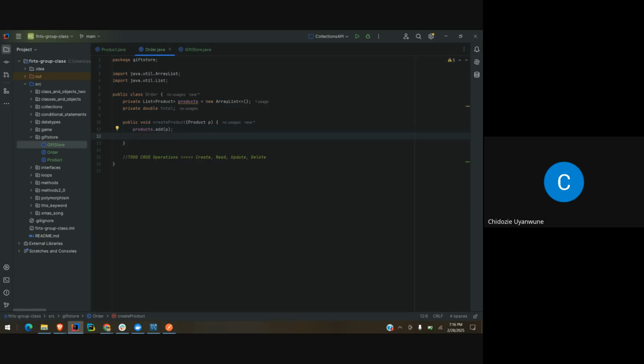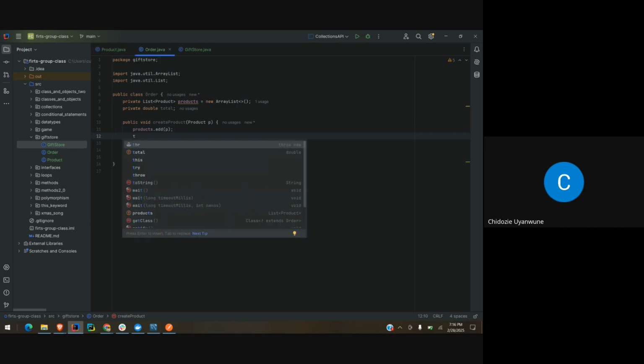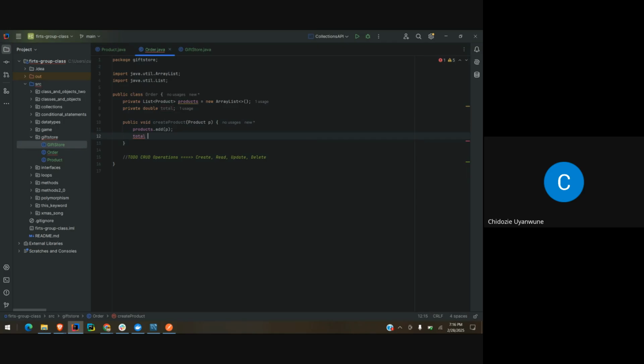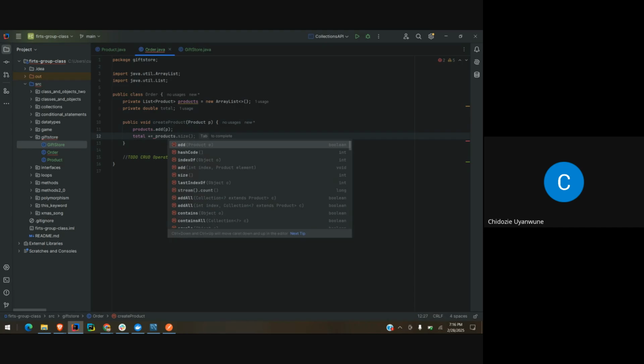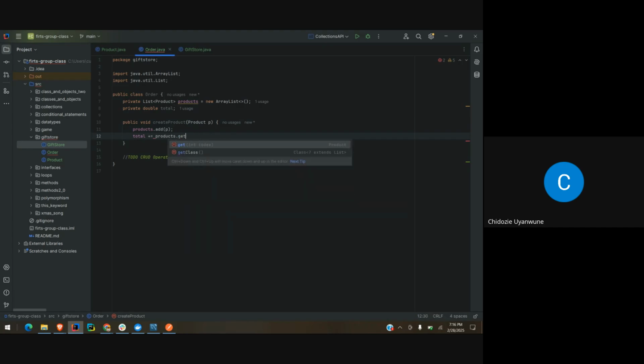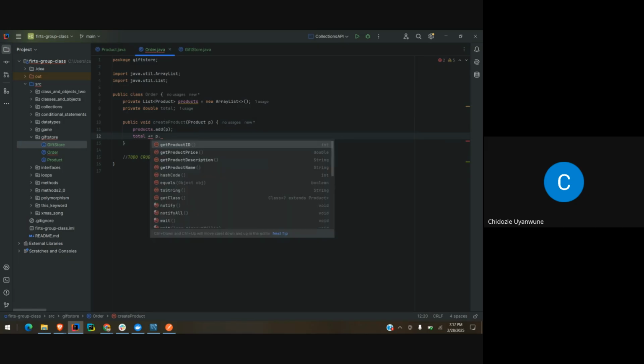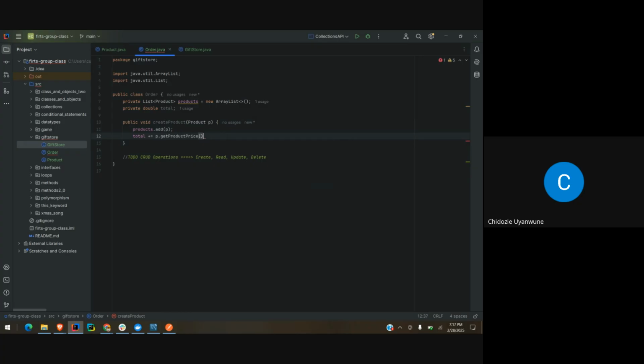Then we need to increase the price. Total plus equals get price. Oh, it's P, not product. I called it P. P dot get price. Why is this called product price? Anyways,